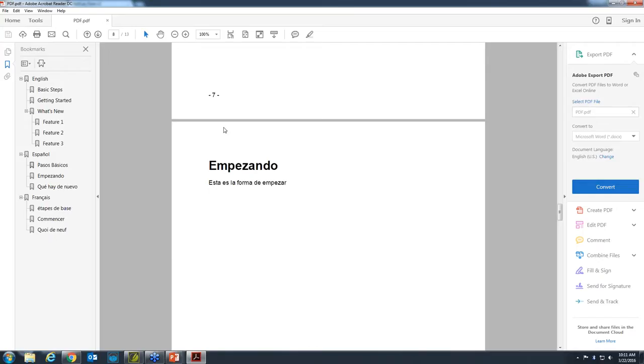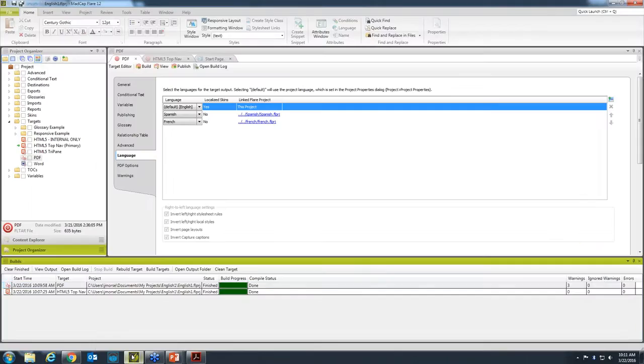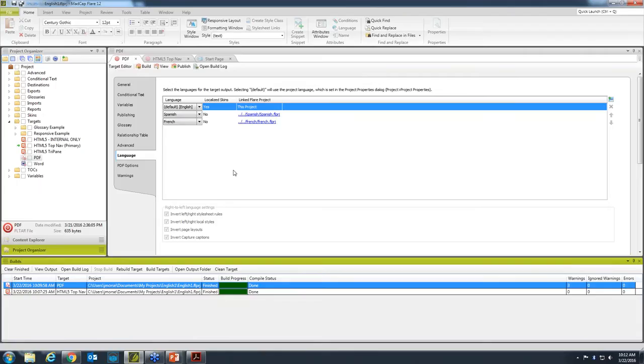I do also want to point out, let me go back to Flare here, that while we're on the subject of this multilingual output, we now support smart quotes per language. This is important because quotation marks actually vary by language, and I didn't know this. This is simply an option we can set in Flare, and when we enable it, Flare will replace the standard English straight quotes that we're used to seeing if you are writing in an American English setting,